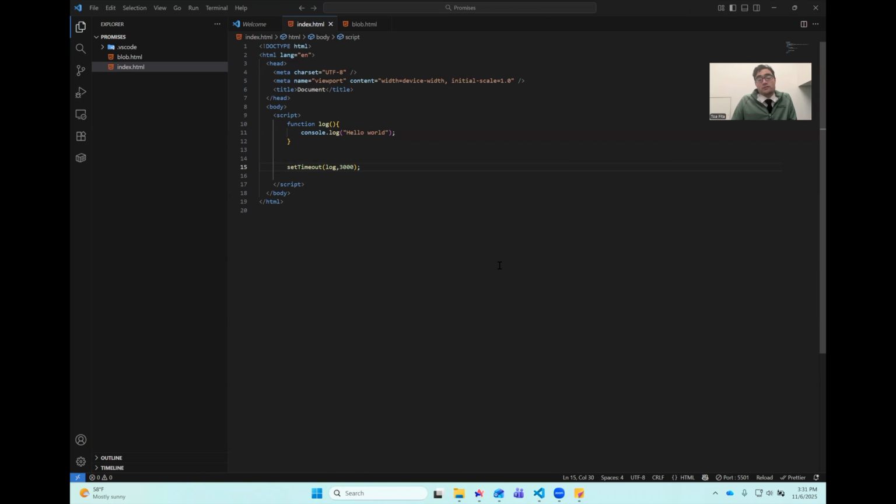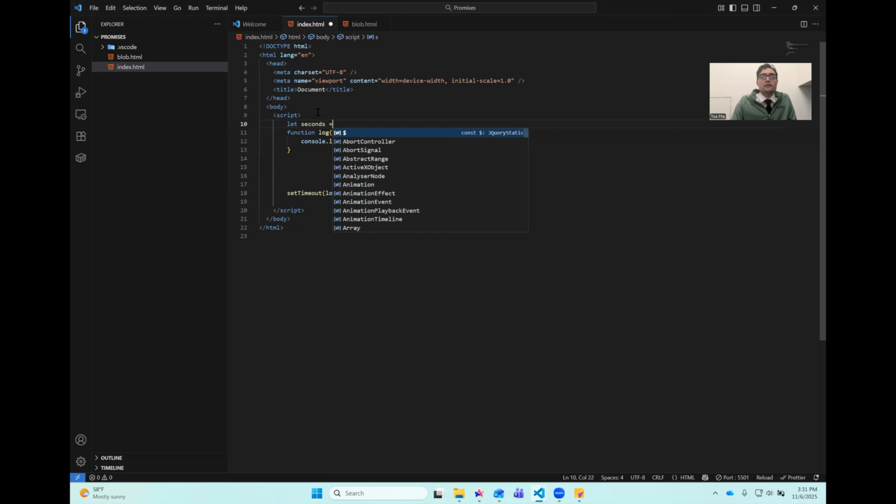Okay, the other function that's really helpful to know is the set interval. To have that run, I'm just going to change this log statement slightly so you can see a little bit of the difference. I'm going to create a global variable here. I'm going to say let counter or let seconds equal 0. And then here in this log, I'm just going to log out